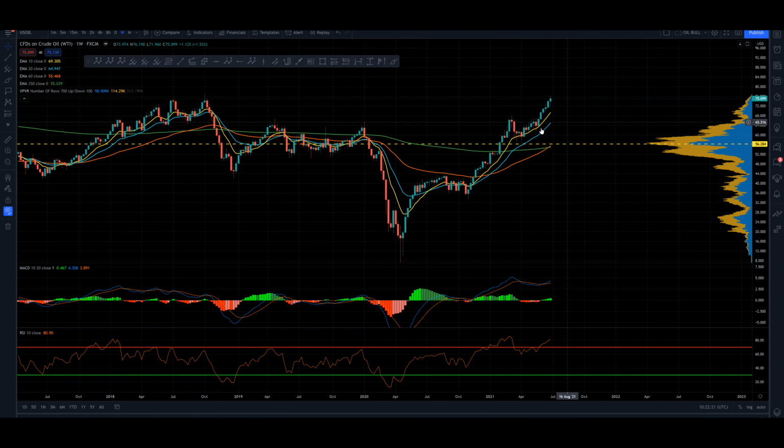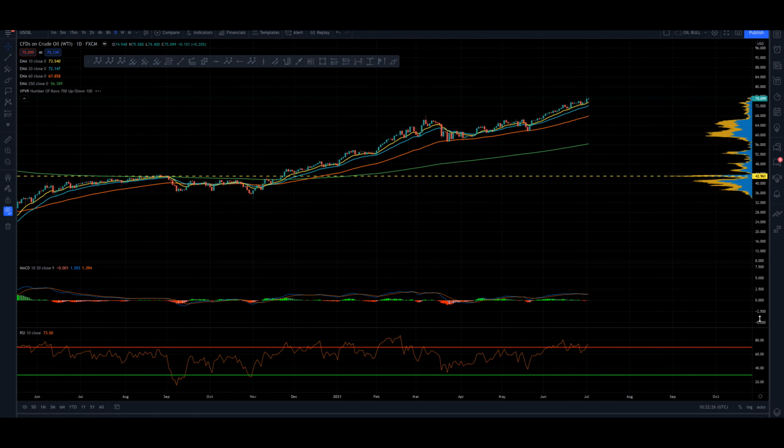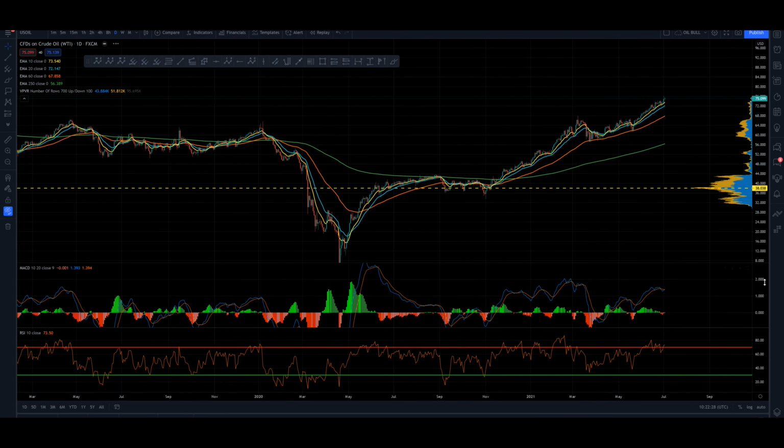But we'll be keeping an eye on that. We've got this bearish divergence to keep an eye on as well. Daily time frame, how are we looking? Yeah, we've got the same